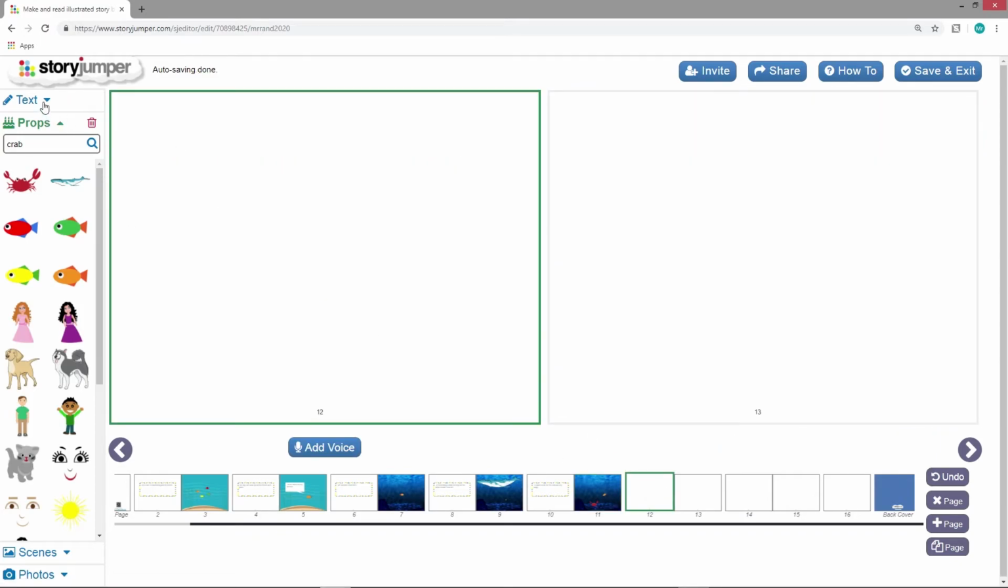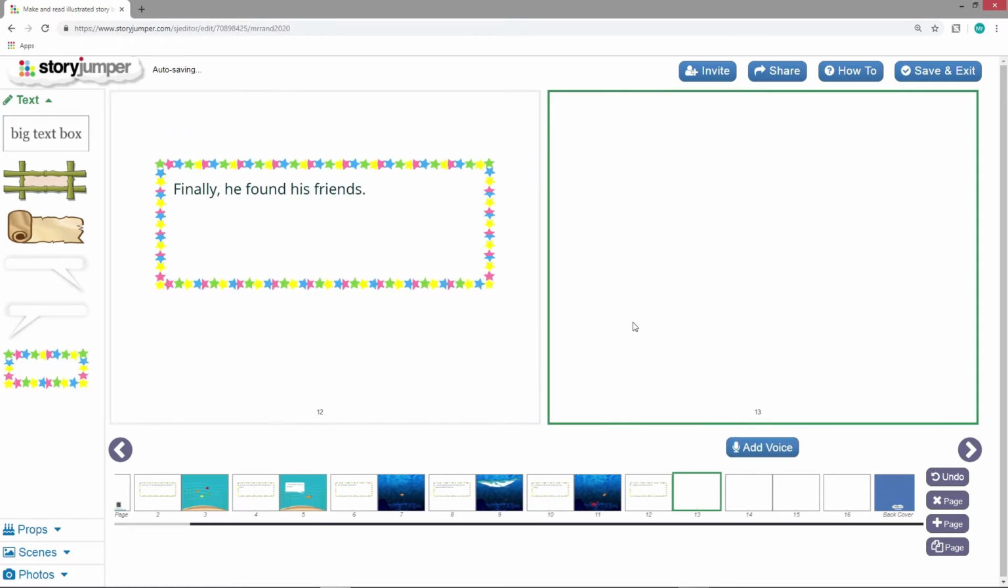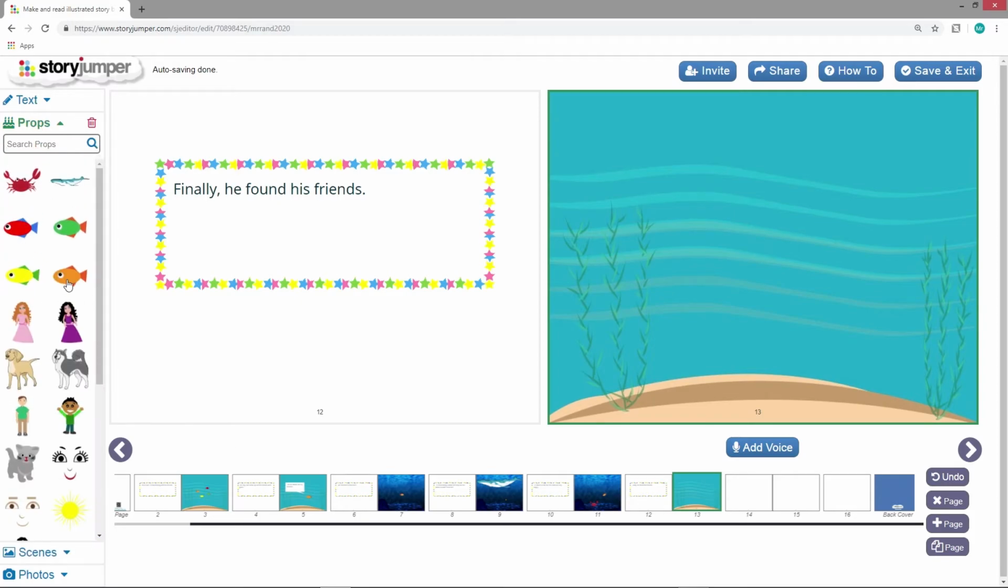And then we'll just make kind of a happy ending. Finally, he found his friends. Okay, so kind of a lame ending, but that's how we'll do it. Scenes, we got that, and then we'll add all 4 fish again. And we can drag them in,